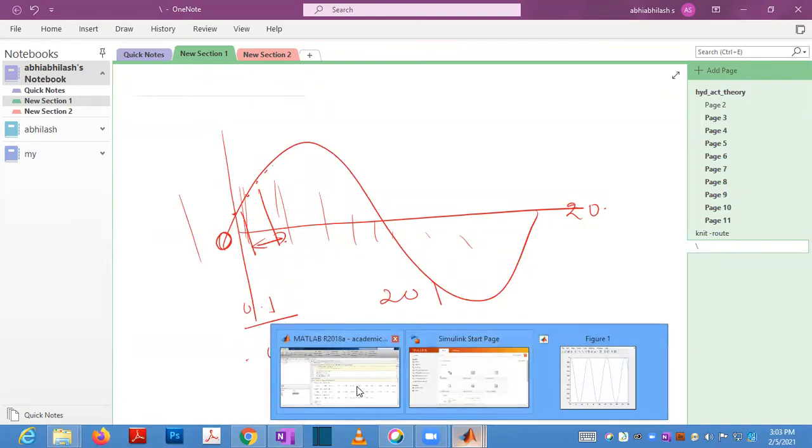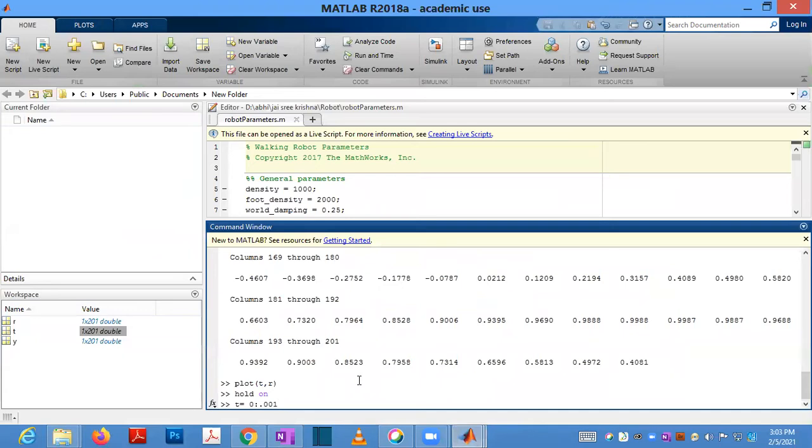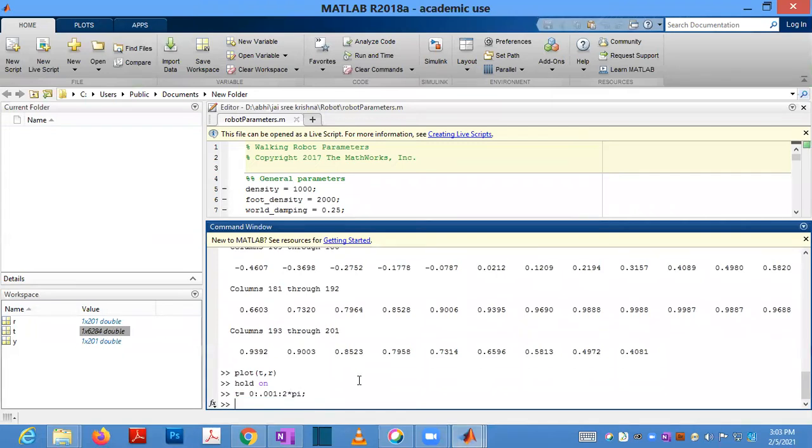So now I am changing this time value to 0 to 2 star pi. So it is creating a time vector from 0 to 2 pi with a step of 0.001.